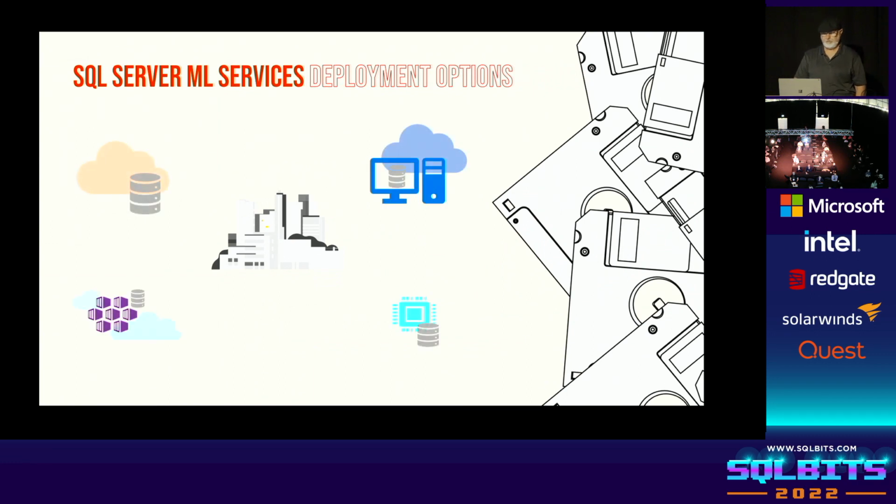All right, where can you deploy this? Lots of places. We have it in SQL Server on-prem. Starts in 2017. We added Python in 2019. And now we've got in 2022, Python, Java, R, and the Extensibility framework is now open for you. We have it all the way down in the lower SKUs, all the way down to IoT. We have it in Standard Edition, Enterprise Edition, and so on.